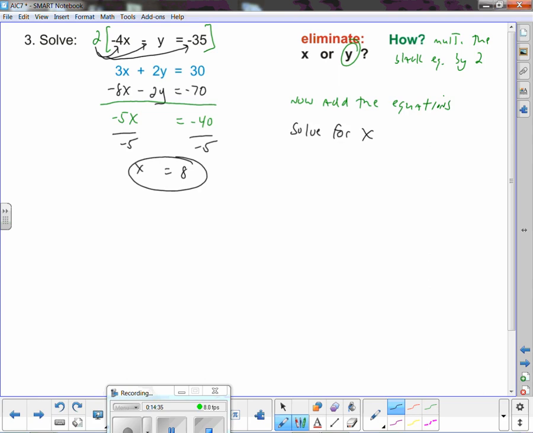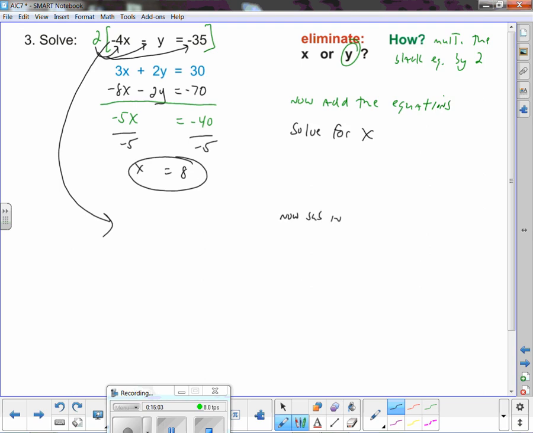How can I get y? Well, I would get y the same way I would have gotten y in the other types of problems. I can now substitute x equal 8 into either equation to solve for y. And I could choose to use the black or the blue. It doesn't really matter. Black is probably a little bit easier here. So I'm going to take the original black. So let's write off to the side